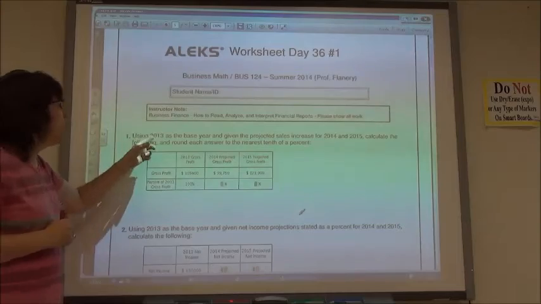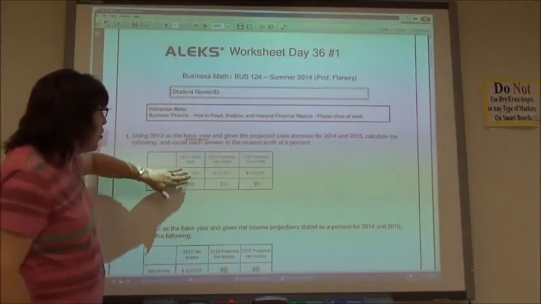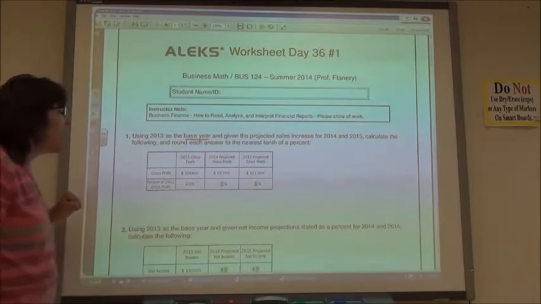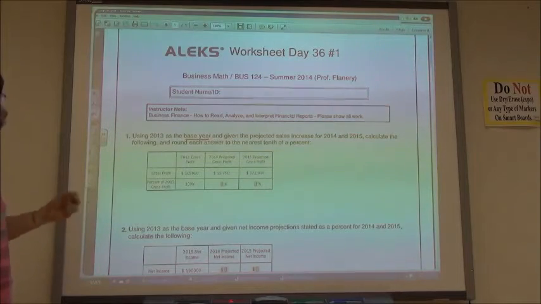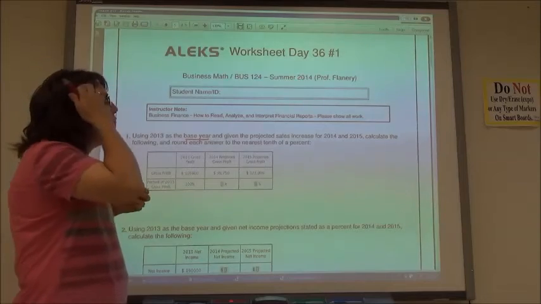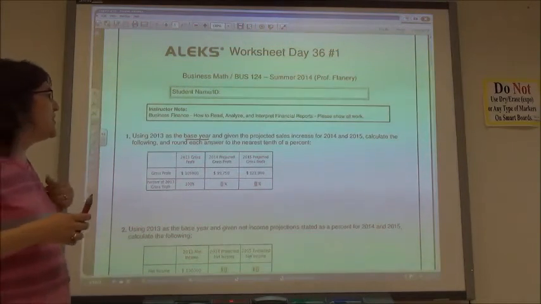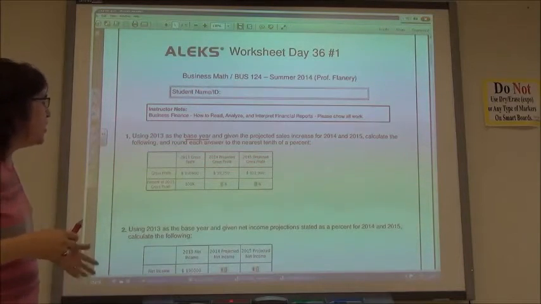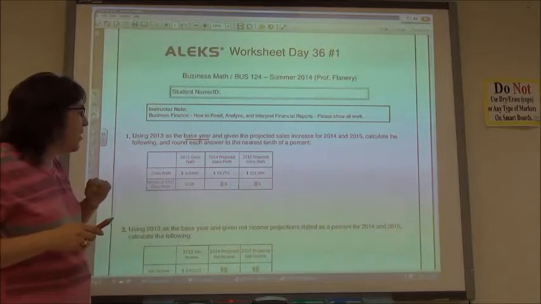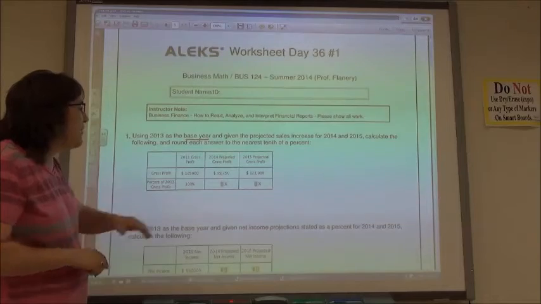It says using 2013 as the base year. So when we're finding the percent, we're going to use the 2013 amount, $105,000, as our base. So that's the number we're going to divide by. Given the projected sales increase for 2014 and 2015, calculate the following and round each answer to the nearest 1/10 of a percent. So I want to find the percent of the gross profit based on the $105,000. In 2014, my projected gross profit is